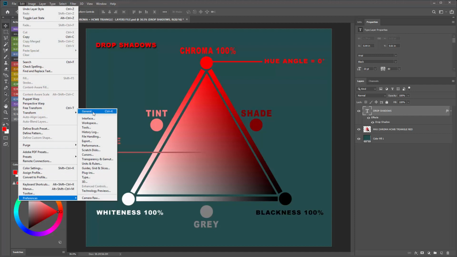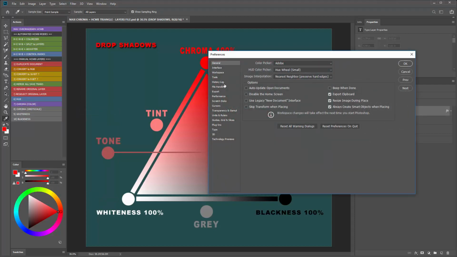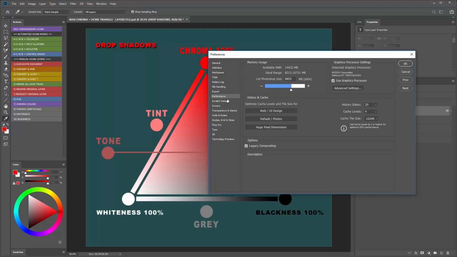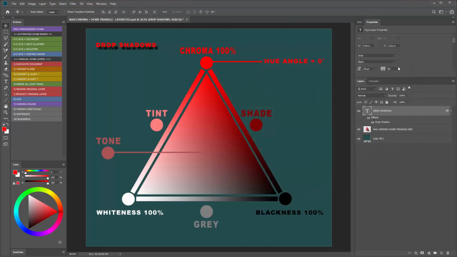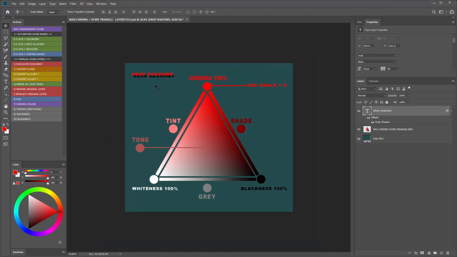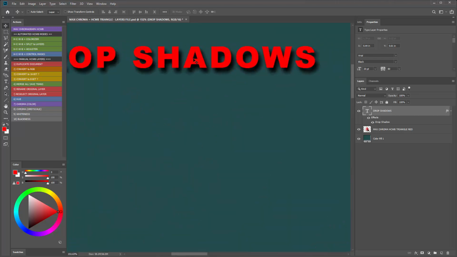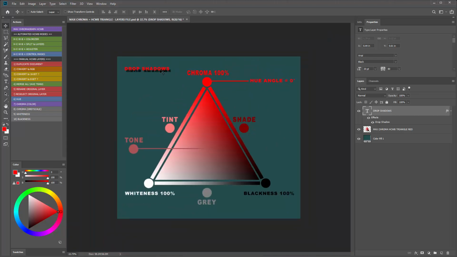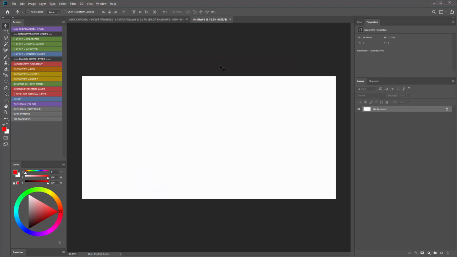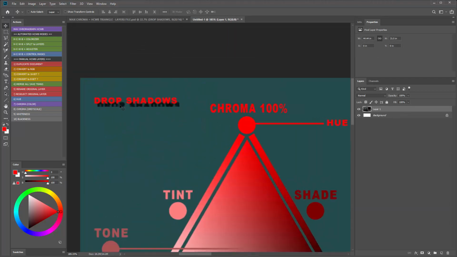However, normally working with Photoshop CC 2019, there is something under performance. It's normally unchecked, called legacy compositing. They changed something about the way they composite everything in the layers for your view. And you see that right there, changing that setting, now the drop shadow is distant and cut off. And if I zoom in, however, it changes back to what it should be. Zoom out and it jumps and gets cut off. I'll hit print screen and take a screenshot of that, make a new file, paste, and zoom in, and you can see